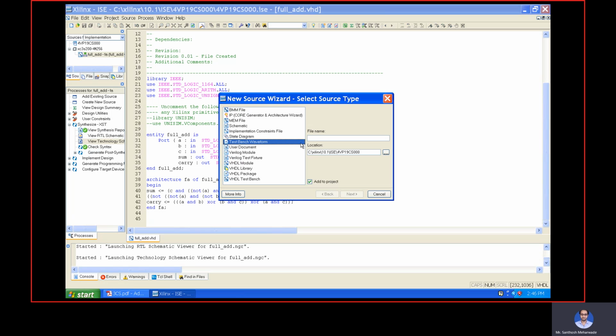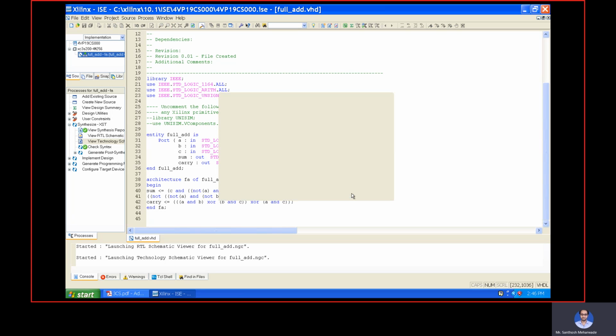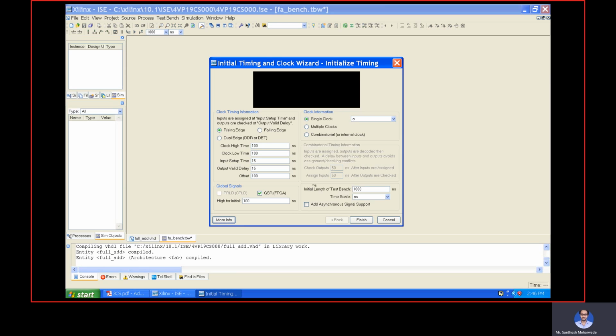Then choose Test Bench Waveform, and I am naming it full adder underscore bench. Then click Next, Finish. It is asking the same thing, just click on combinatorial. The rest of the things are the same.